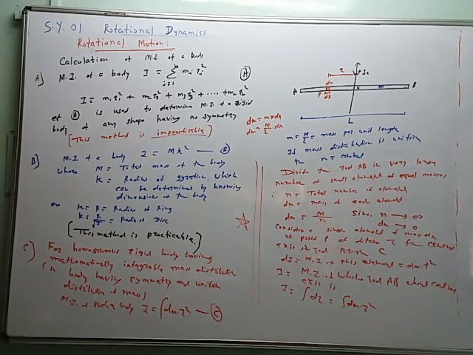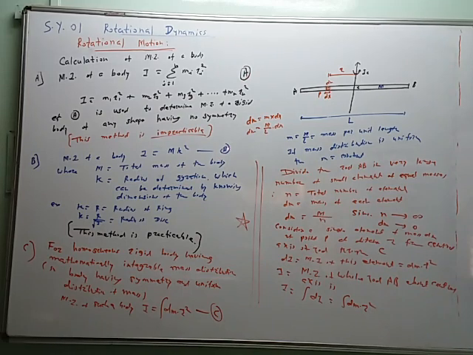So such an article is not given separately in our books. We can calculate the MI of the body by three methods: equation A, equation B, and equation C. Every equation has certain advantages, disadvantages, and conditions. So this method is practically not possible, because we have to take n observations of masses and n observations of distances. The distances cannot be measured, the particle masses cannot be measured. N observations means a very large number of observations. Therefore this method is impracticable.